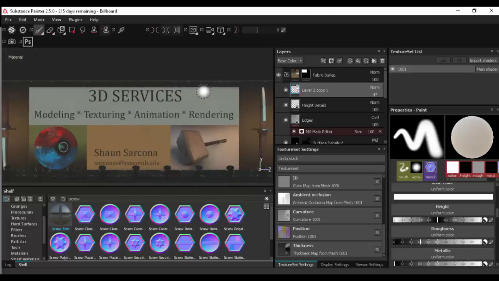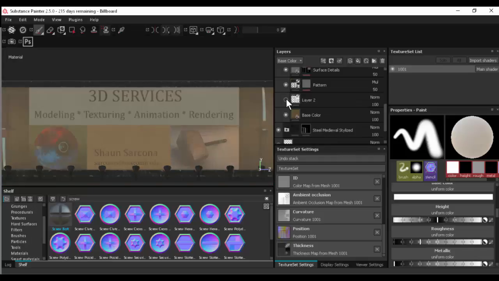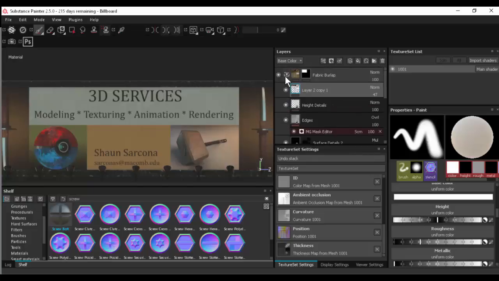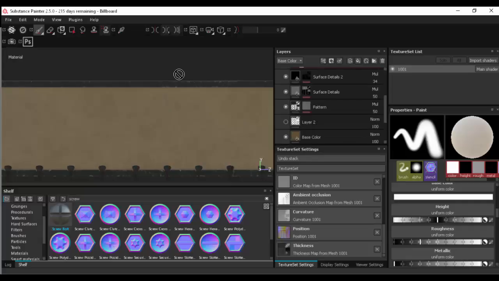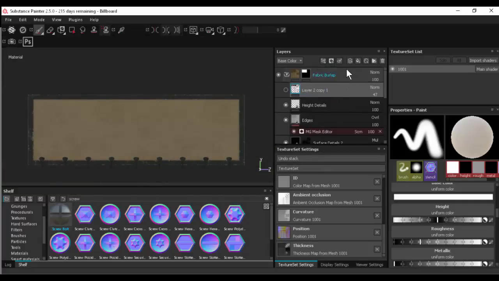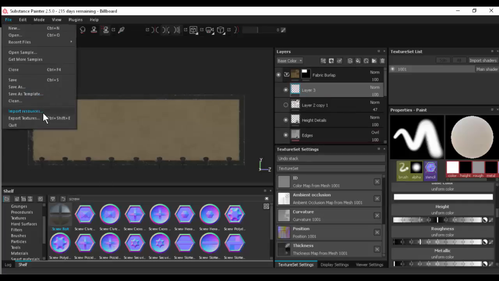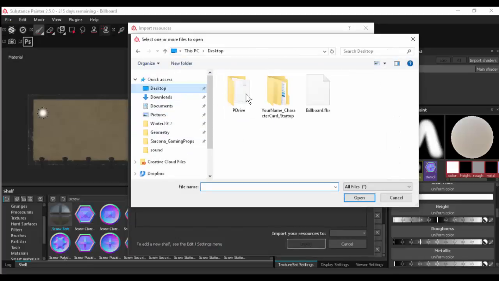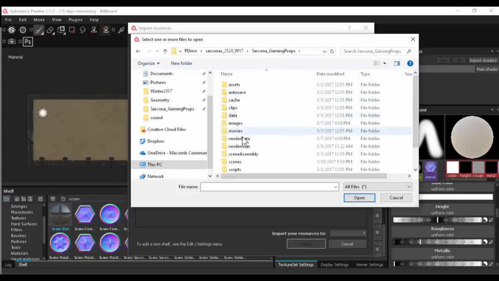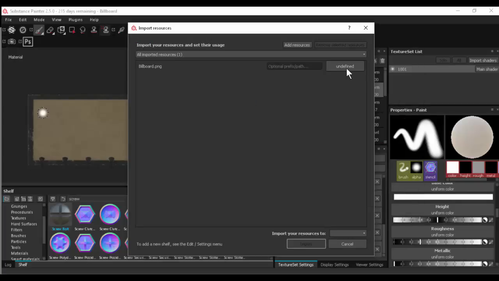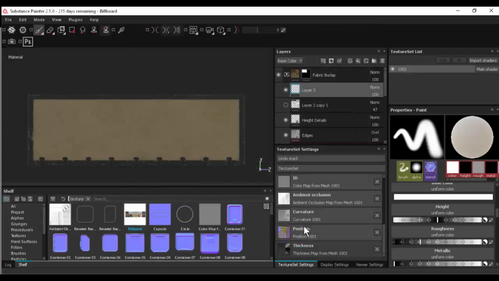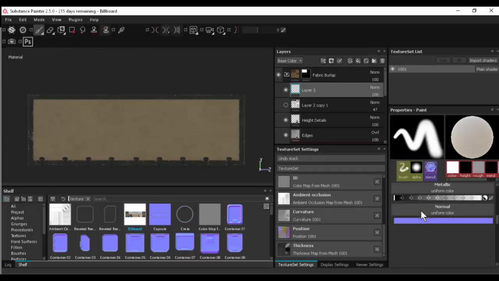Okay, now the way I did the, that's not it. There it is. It's these two, yes, those two. Okay, so the way that I did the texture on here is I went and imported my picture. So I went to import resource, add resources to my desktop, P drive, 2520, gaming props, source images, billboard png. And I said I'm going to use this as a texture and just import it for the current session. I can actually import it for the project billboard, that way it's always there for this. And here it is. You can see there's a lot of white space inside this. When I went to my brush here, and then I went to my stencil,